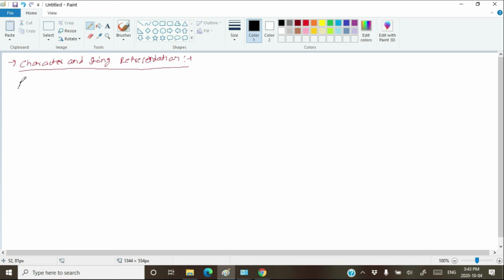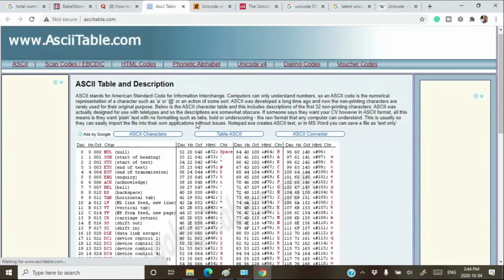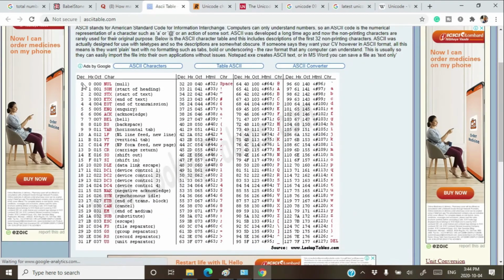Let's understand the ASCII code. Let's go to the website and see the various ASCII codes. This is the ASCII table. And as you can see, various numbers have been assigned to various characters. The number 65 has been assigned to the character A. The number 66 has been assigned to the character B. The number 48 has been assigned to the character 0.